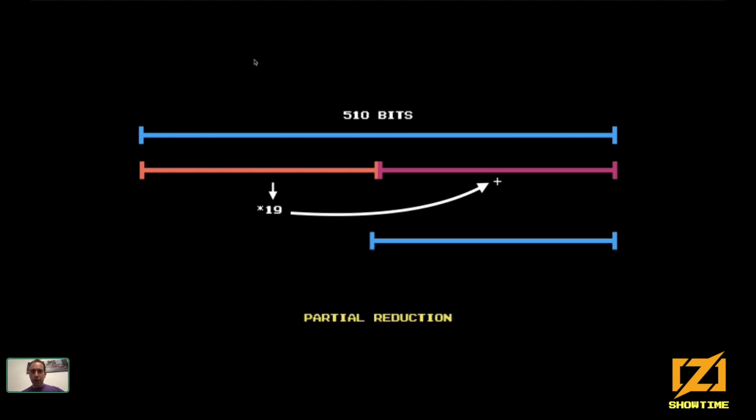So what we can do for the reduction is take all the bits before 2 to the 255. If we multiply that with 19, then what we get is equivalent mod p to what we had. So we just do this multiplication, and then we add the result to the lower bits, and poof, done. So this is not a complete reduction, because we have this addition. We still may overflow a little bit.